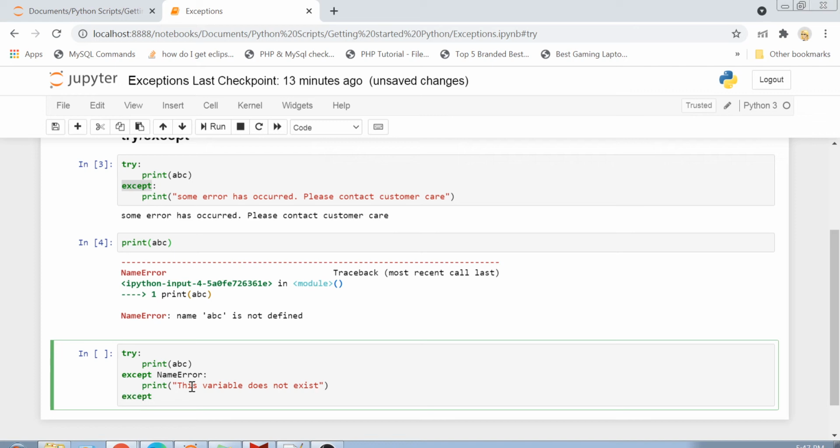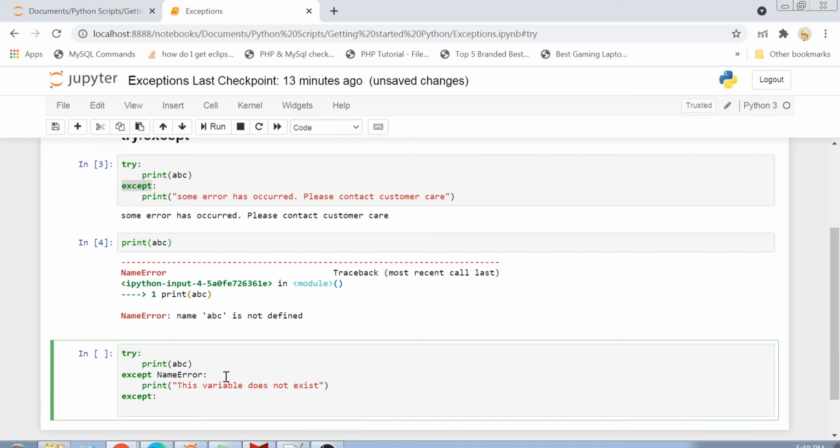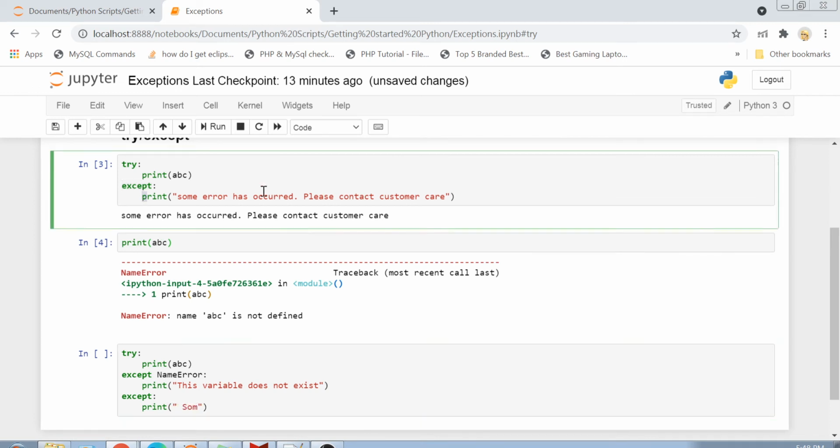So what we can do is we can specify multiple except blocks in a try block. Where we have this first except block which is specific to a particular exception. So if this exception occurs, we will land on this except block. But in case this exception doesn't occur, then by default our exception will fall into this generic except block, where we can print something like, we can just copy paste